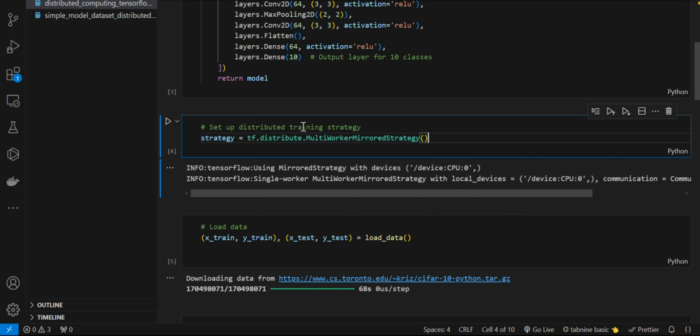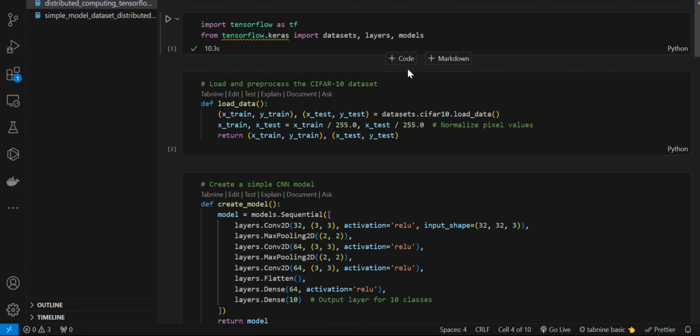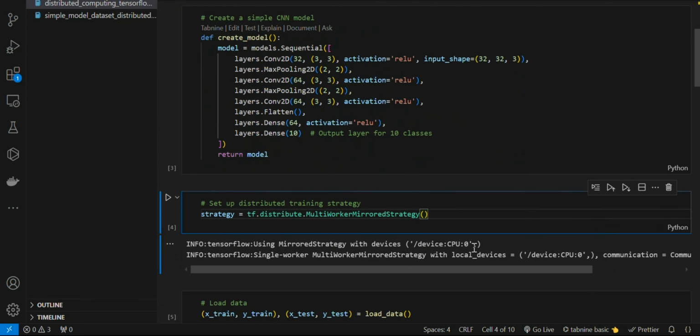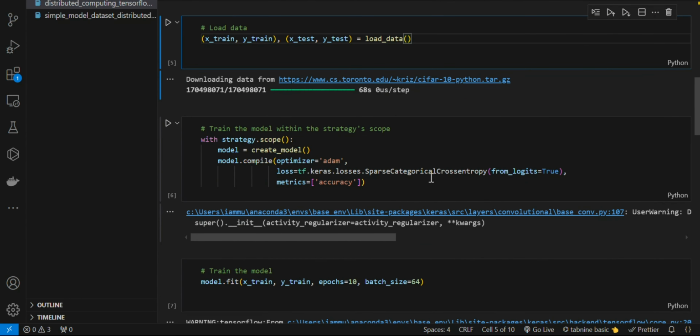So here we are using a TensorFlow distributed multi-worker mirrored strategy, as we discussed in the perplexity chat. Okay, so in this we are using array, and in this we are using TensorFlow distributed training. Okay, so here we load the data set, and then we define a strategy, like train a model with a strategy scope. So strategy scope model,